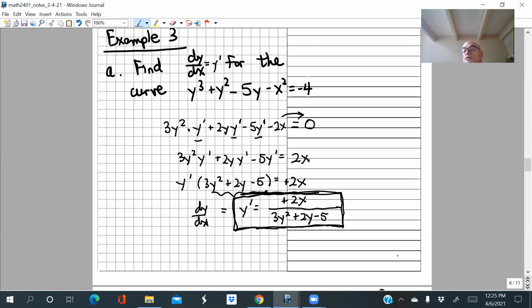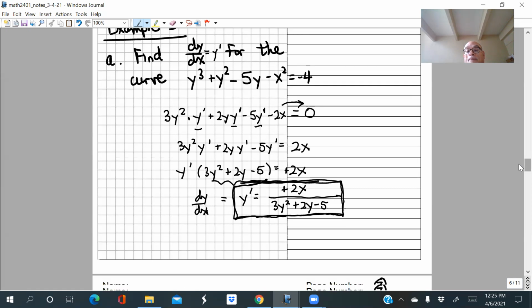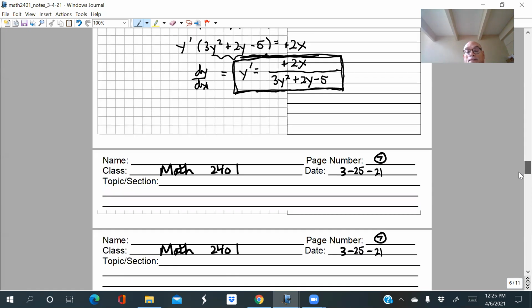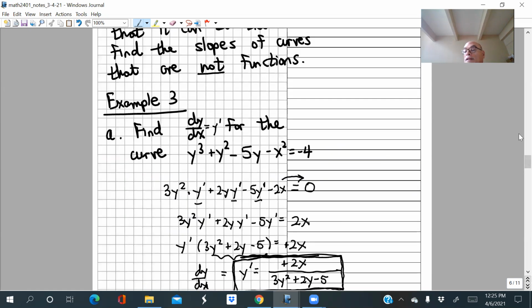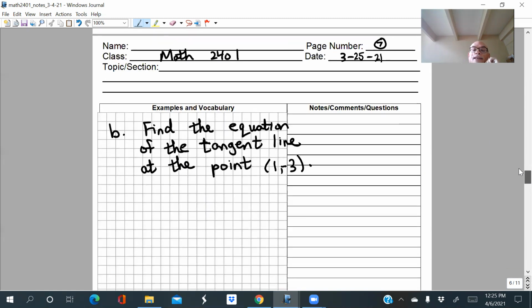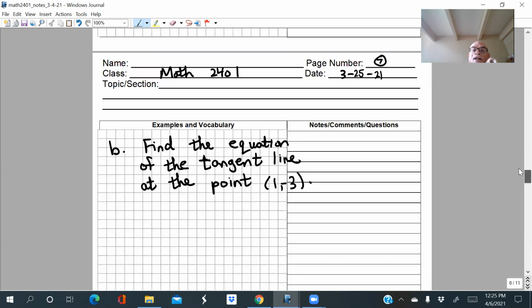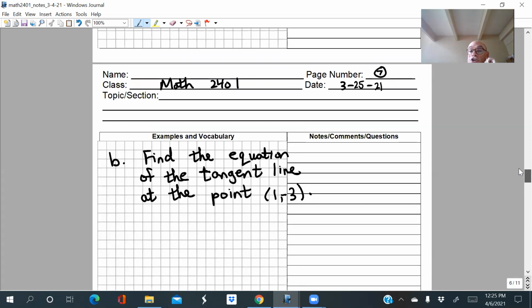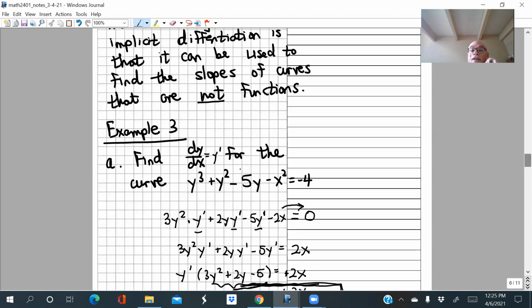So if you don't have a value for both x and y, you're really not going to be able to use this derivative formula. All right, well, let's actually apply this derivative formula now and see what we're asked to do with it. So it says, find the equation of the tangent line to this curve. That was the curve that I showed you